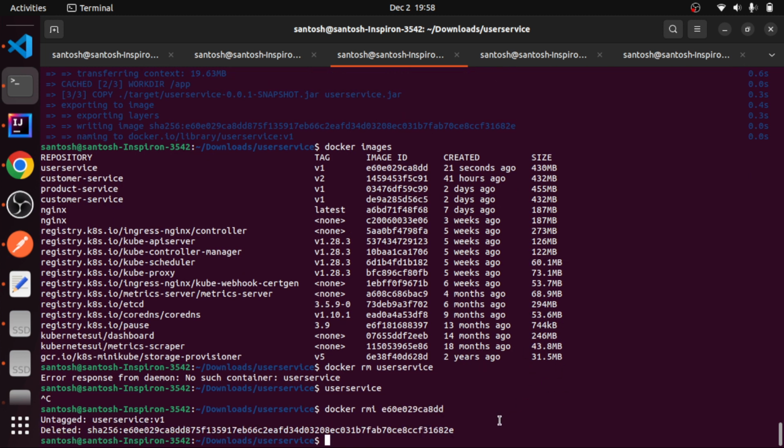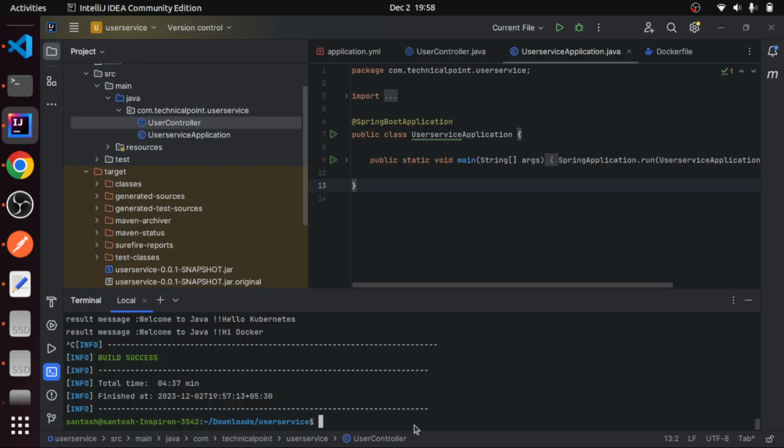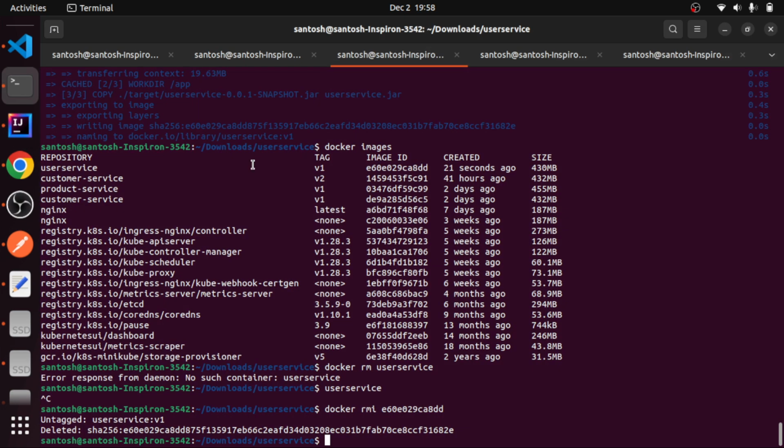So I have already created it, but for showing you, I have removed it. So we will create the Docker image again. For creating the Docker image again, we have to go to the project folder, like user service. We have the project. In this project, we have to write this command, Docker